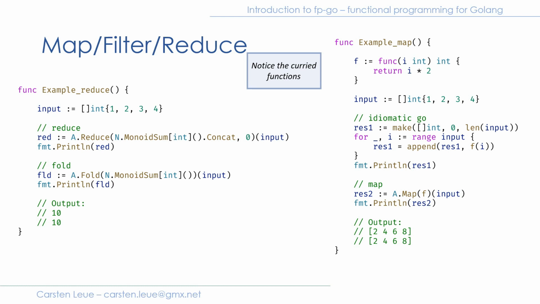Let's start at the right-hand side with the sample map implementation. So I have the same code both in idiomatic Go and in functional Go. You see the idiomatic part. In order to map each value of an array using a function in idiomatic Go, first we have to create the result array using a make statement. Then we would, via a range iterator, iterate over the input and fill the result array, and then print the result. Using the functional style, we can use the A.Map function, which internally does the very same thing.